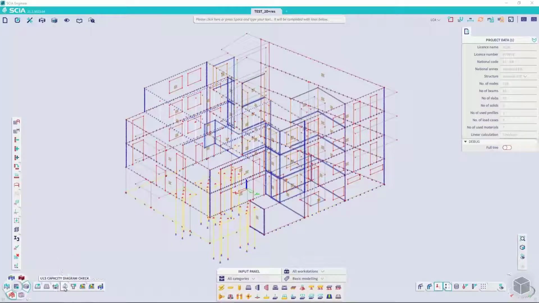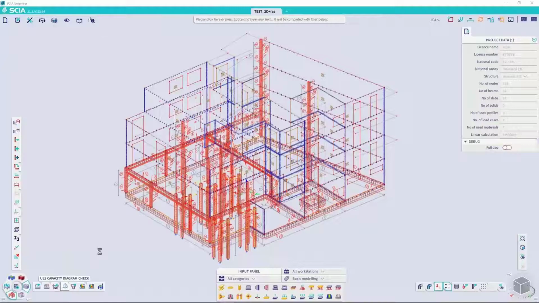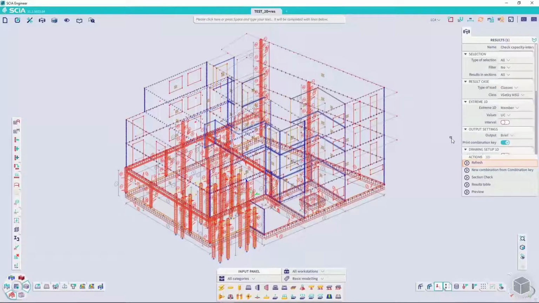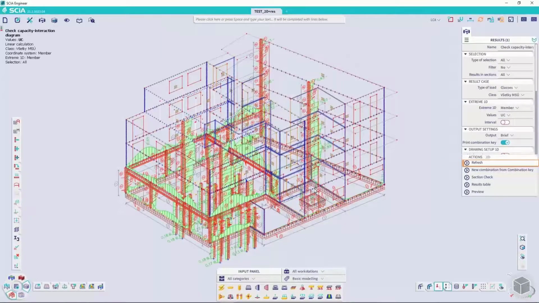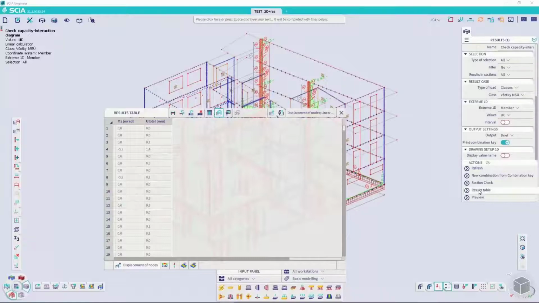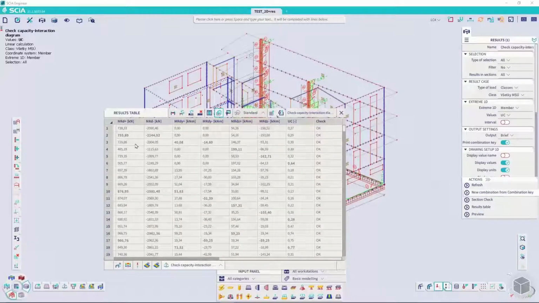And if I'm, for example, interested in some of the checks, by just double clicking on the line, I am able to run a concrete check or steel check or any other check that is performed by means of the report preview. So you can see, you can very simply